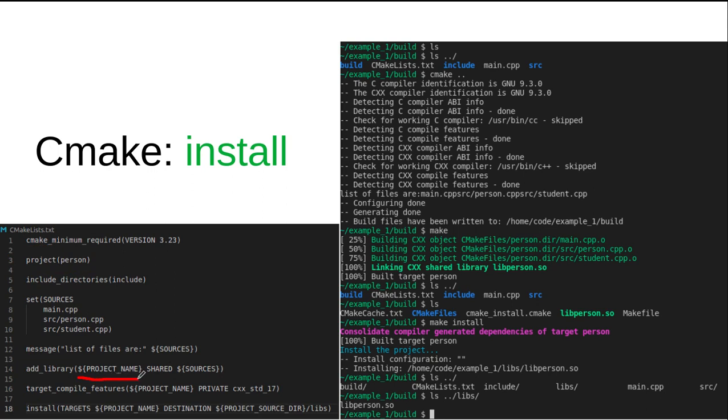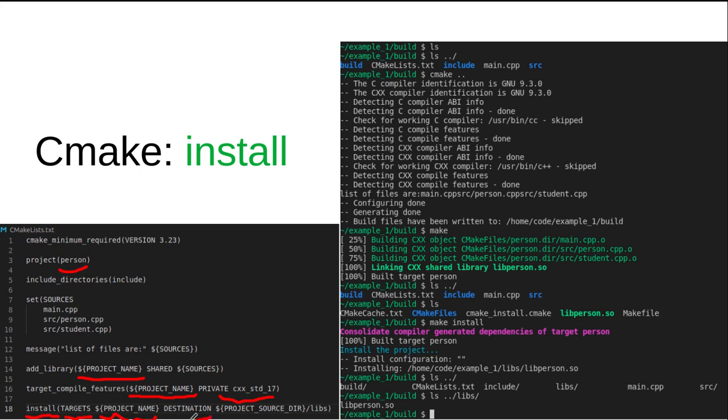So add library, the name of the library is the project name, which is person, and also I use it here to determine which C++ version I have to use, and when I do the installation for this library,